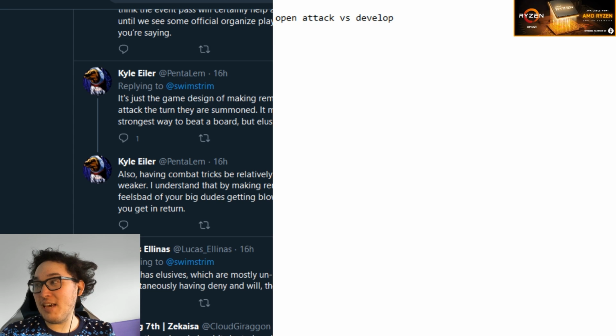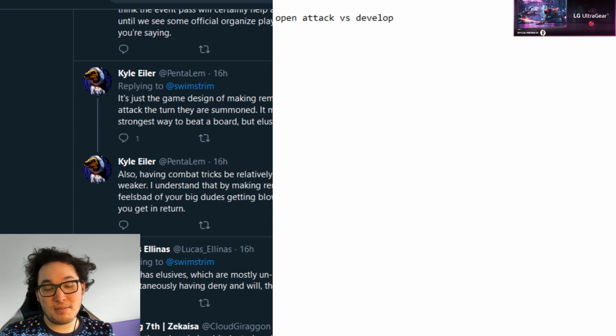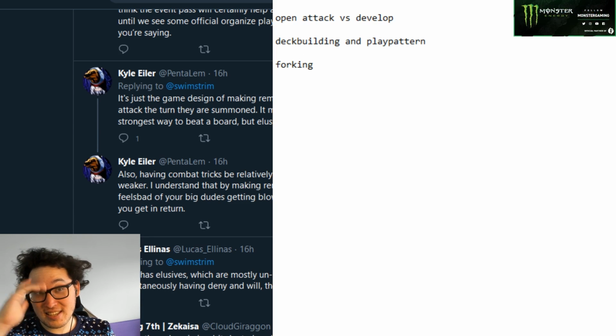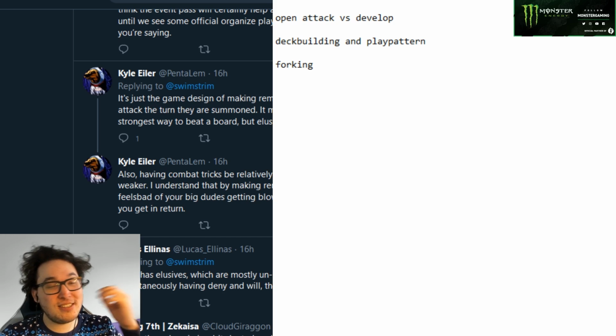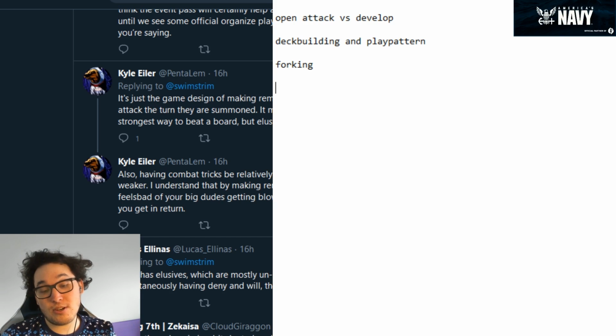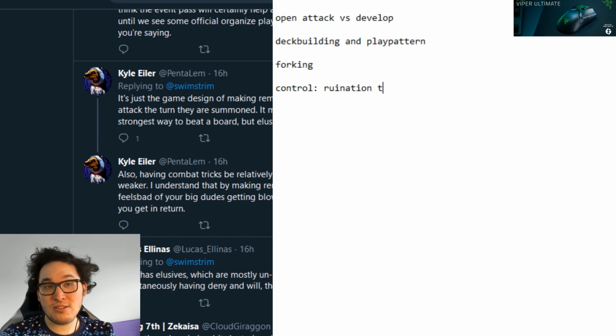And because of this, we actually have a pretty interesting concept in deck building and play pattern. A concept that exists in, I think, no other card game, which is the idea of forking. Forking is a term from chess. I suck at chess. It's just the easiest term that people understand, which is basically trapping the opponent between two bad positions. So a control deck will be running Ruination to punish develop,